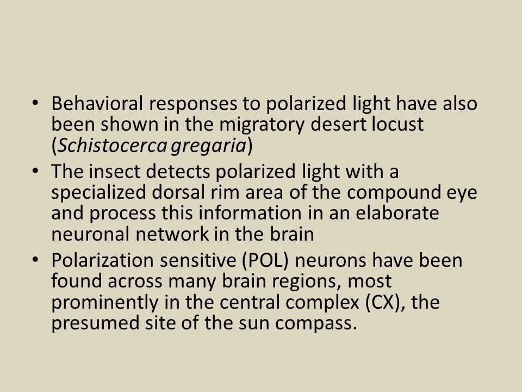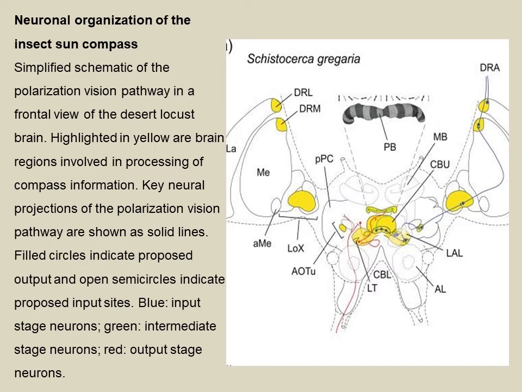Polarization sensitive neurons, which are depicted in the figure as POL, have been found across many brain regions, most prominently in the central complex, the presumed site of the sun compass. Now, here, if you see the structure, this is the neural organization of the insect sun compass. So definitely there are certain regions which are now clearly defined as the sun compass part of the brain